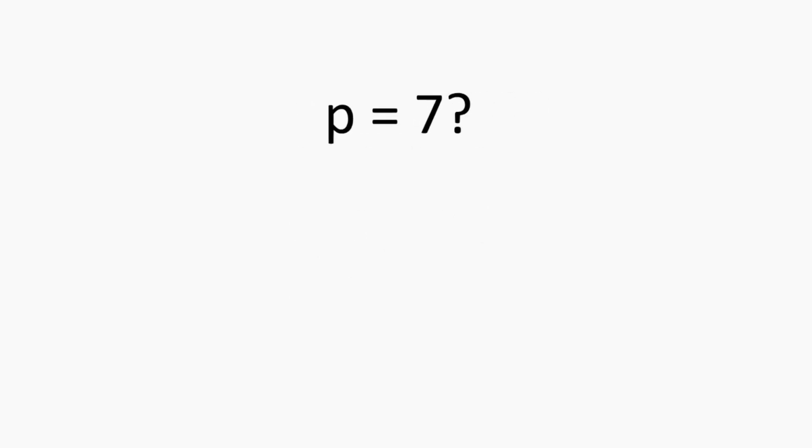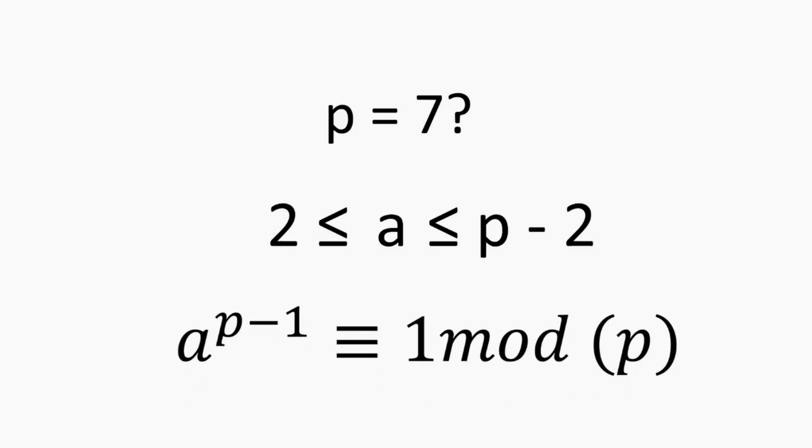The randomized algorithm gives the answer to the question whether the number p is prime or not. In this case, you need to generate a random number a, where a is greater than or equal to 2 and a is less than or equal to p minus 2. Then we can check the equality a to the power p minus 1 is equal to 1 modulo p. That is all we need to understand whether the number p of length 100 decimal places is prime. We need to sort through the numbers a from 2 to p minus 2.